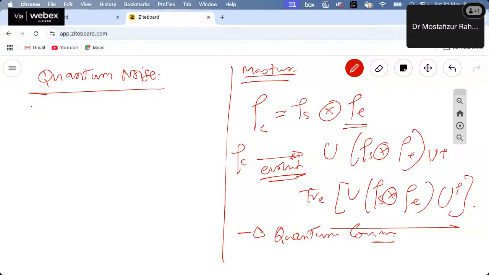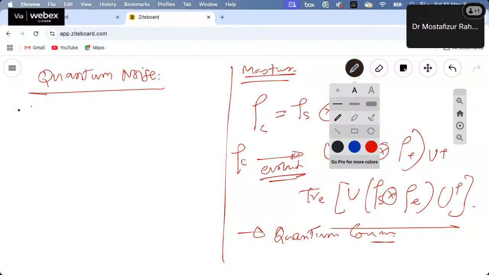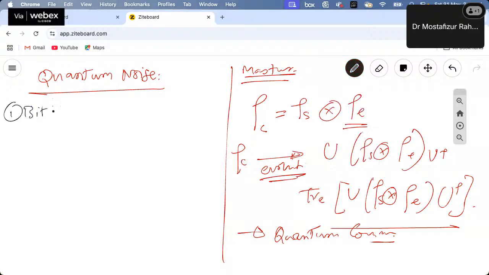Okay, so let's understand what noise is. Let's define various types of noise. One is the bit flip noise. Bit flip noise is a noise which can take my ket 0 to ket 1, or ket 1 to ket 0, vice versa, and with probability, say,